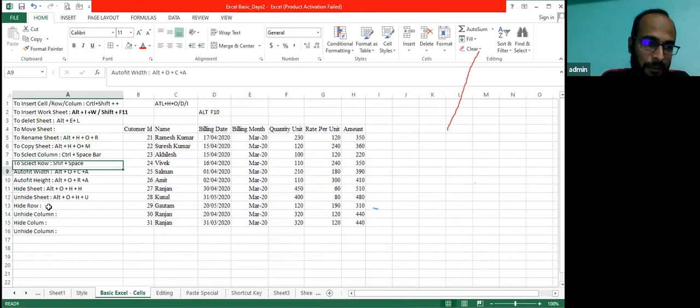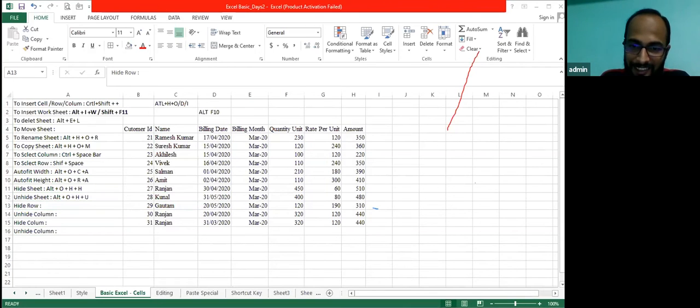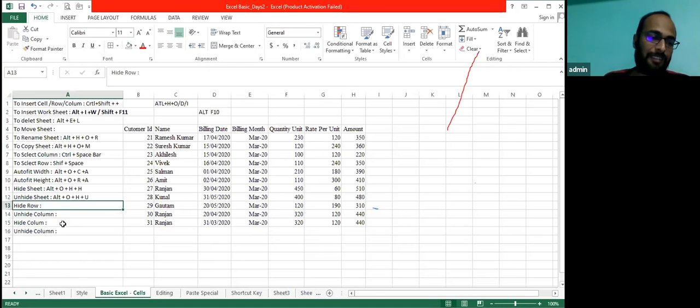Column hide and unhide is clear to all. Then let's come to, please reply fast, so I can see how many of you have learned this. Okay, let's move to the next command. Now I'll be telling you how to hide a row. Let's suppose I have to hide this row only. First see, then you can apply it on your Excel.